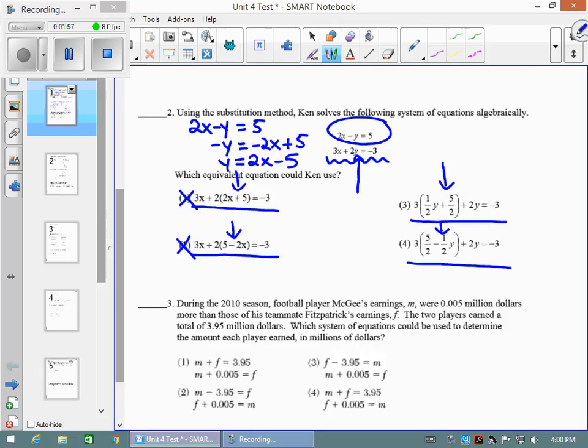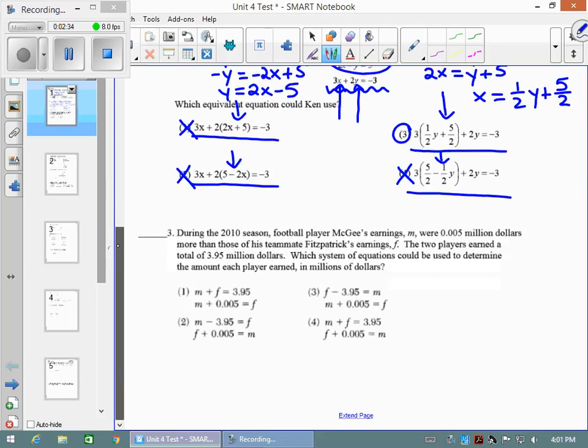So now I'm going to need to take that top equation and solve for x. So 2x minus y is equal to 5. If I add over the y, I get 2x is equal to y plus 5. And if I divide by 2, I get x is equal to 1/2 y plus 5 over 2. So now I'm looking to see if they correctly substituted 1/2 y plus 5/2 in for x, which would mean it would be multiplied by 3. So choice 3 has that 1/2 y plus 5/2. Choice 4 does not. So choice 3 would be the correct way to use the substitution method to solve using